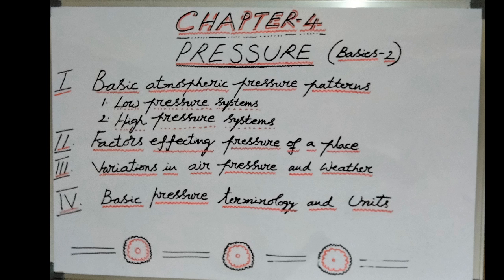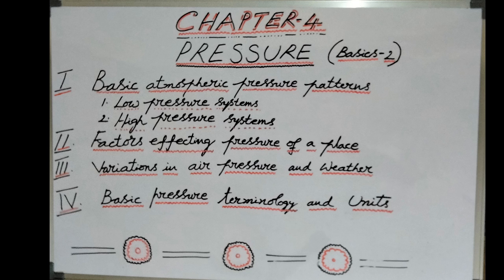Low pressure systems are also called low, depression, or cyclone. High pressure systems are also called high or anticyclones, when the isobars are circular or elliptical in shape and the pressure is highest at the center. When the isobars are elliptical rather than circular, the system is called a ridge or wedge. Incomplete isobars are known as a trough.